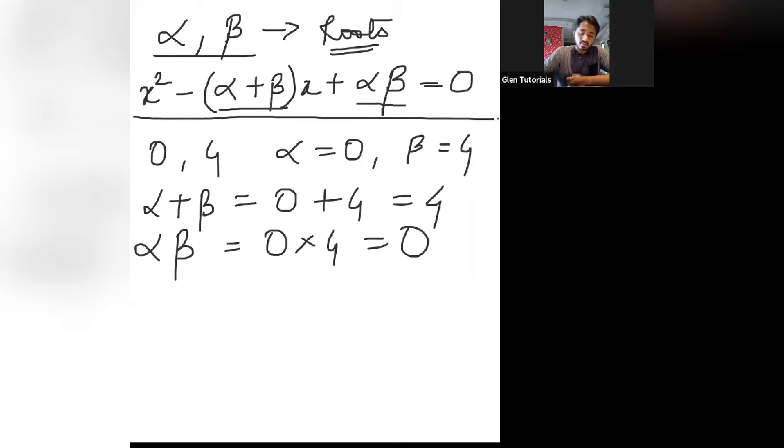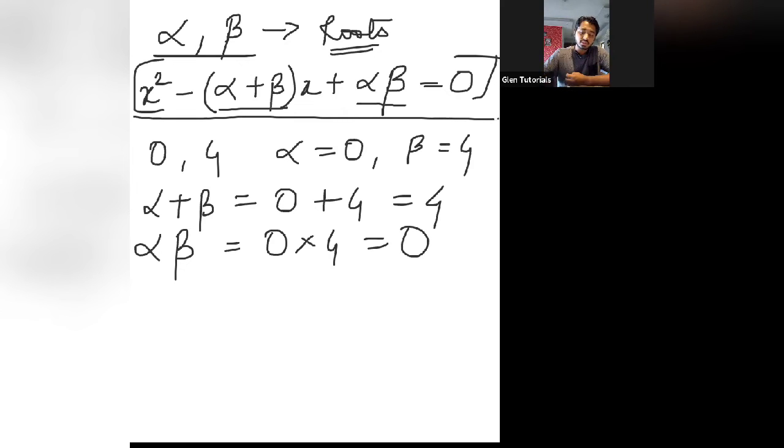can you explain? Okay. See, again, please pay attention. Alpha and beta are the roots of the equation. We have done an assumption. Suppose the roots of the equation are alpha and beta, then what will be our equation? Our equation will be x square minus alpha plus beta x plus alpha beta is equal to 0. We needed an assumption to be done because we have to get an actual formula. This is our formula which we are getting: x square minus alpha plus beta into x plus alpha beta.